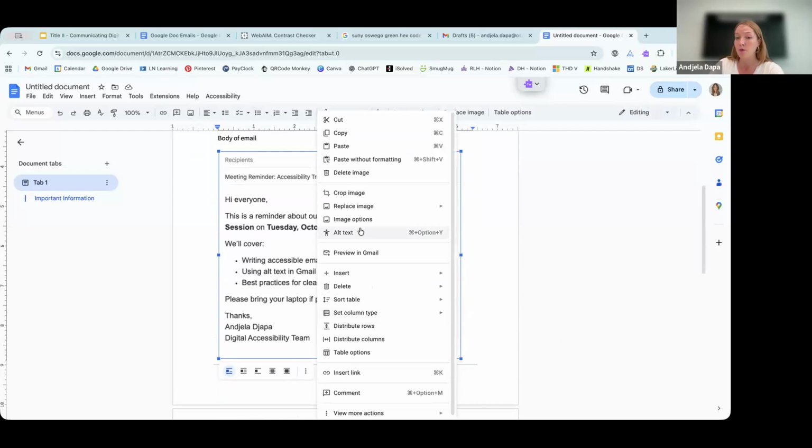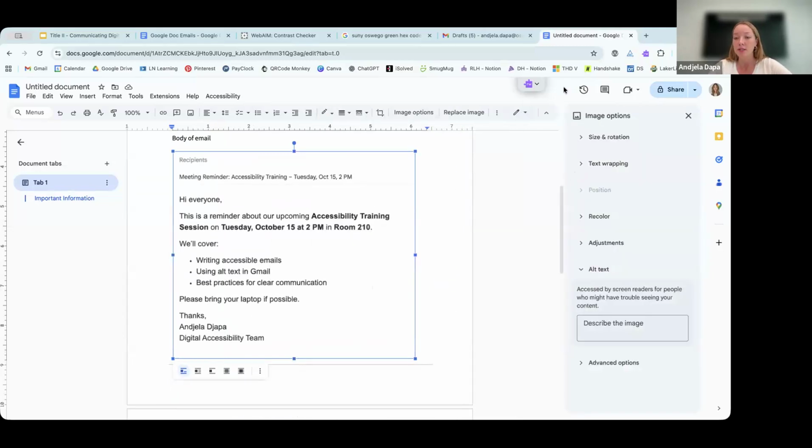There's also a keyboard shortcut depending on what you're using. Right now I'm using a Mac, so for me it's Command Option Y. If I were to click on this, on the right-hand side, I will be able to add alt text to my images. So this is a quick and easy way to add alt text to your images and send out emails utilizing